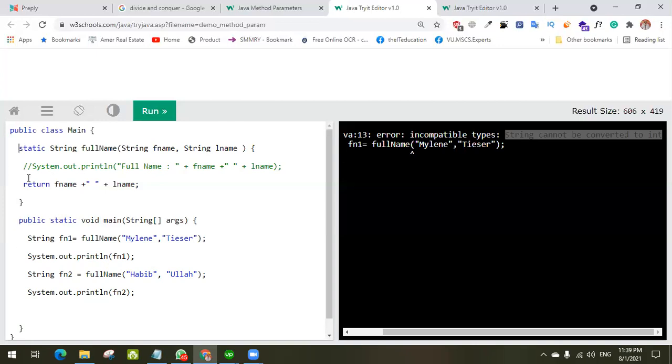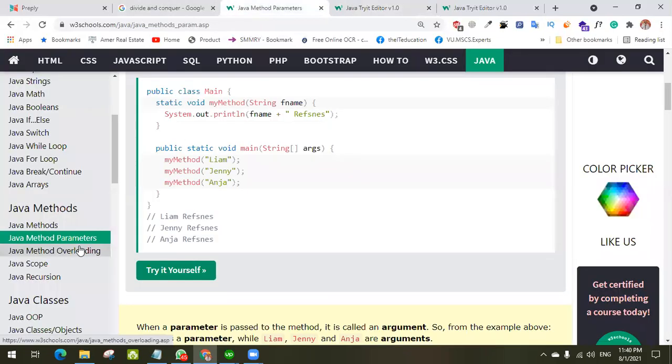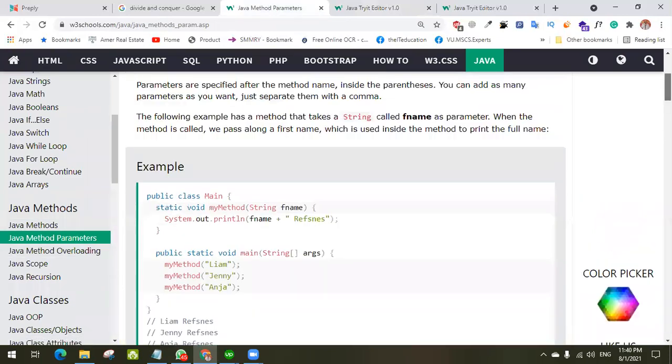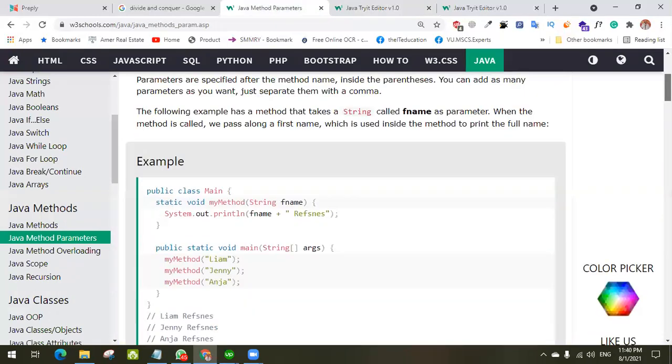Yes, this is done when we define the method, and every time when you define the method or when you use some method, you must know about that method, which parameters are being used and which parameter it accepts. Look at here. This is a parameter. And now this article, look at here, the parameters and arguments. When we talk about Java methods here,